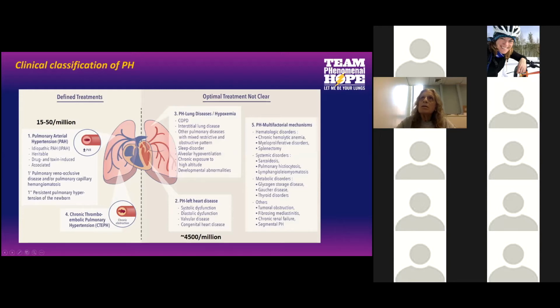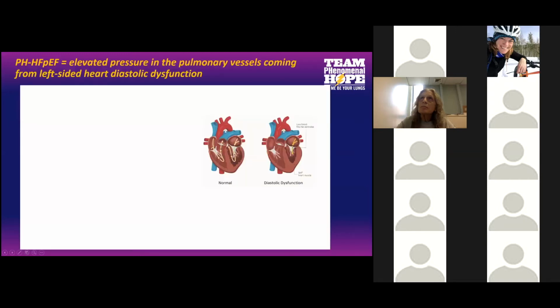And today, I'm going to use diastolic dysfunction, pulmonary hypertension (PH) associated with left side heart diastolic function, to show you an example of how researchers use animal models and cells to study pulmonary hypertension. The PH associated with diastolic dysfunction is now also referred to as pulmonary hypertension associated with heart failure with preserved ejection